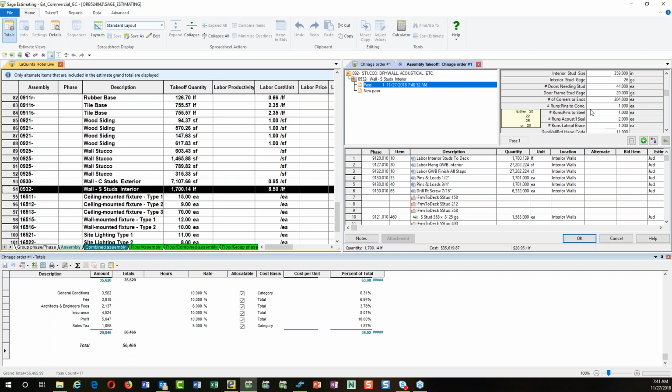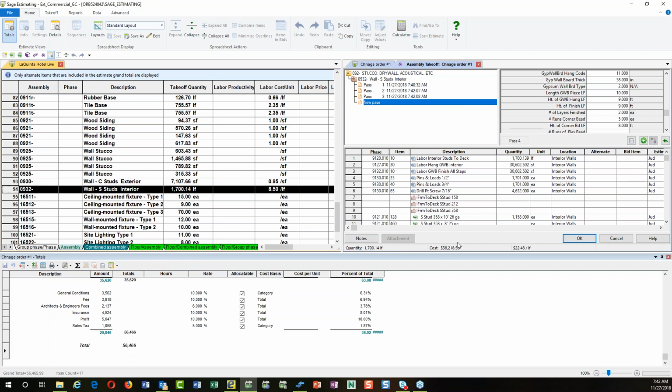So you make some changes here on what you want to do, all the changes, and then there's going to be an added door, so it's going to be 21 doors. And the height of the drywall is going to go to 9 feet, and the height of finish is going to go to 9 feet. So we made some changes as it relates to that change order, and I'm going to go ahead and replace this. So all of a sudden now, here is that same assembly that's going to change for this one over here. Now, if I go to this assembly over here, and we take a look at this,